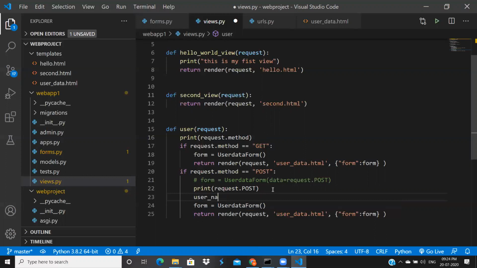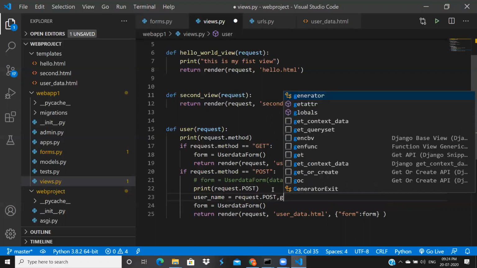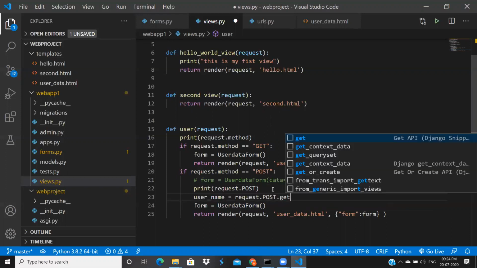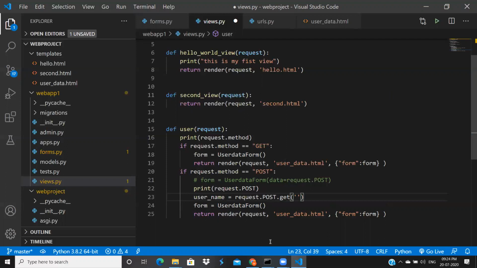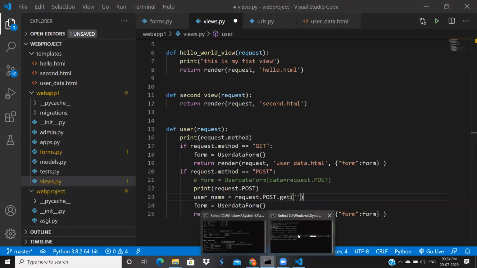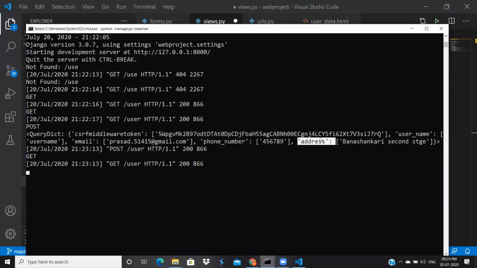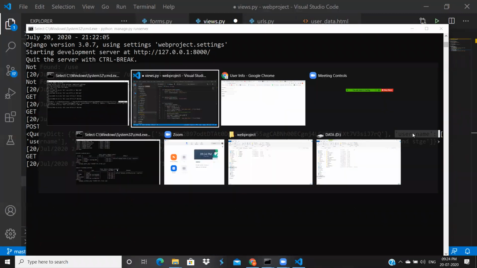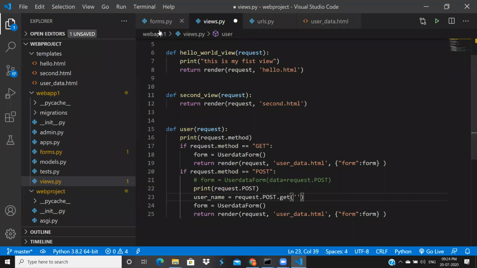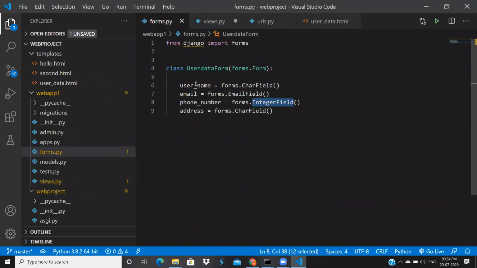I'll create one username variable, request.POST.get. See, if you observe here in my forms.py, I defined user_name.